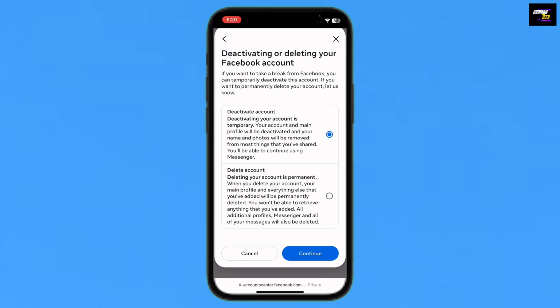So these are the terms and conditions. If you want to deactivate, that means a temporary delete and you will get back easily, and the permanent delete you will see here. And if you want to delete this permanently, just select it and tap on Continue. So in this way you will just have to delete a Facebook account on